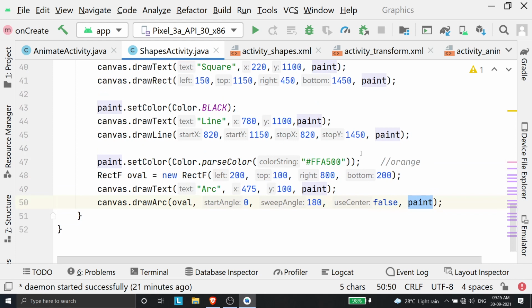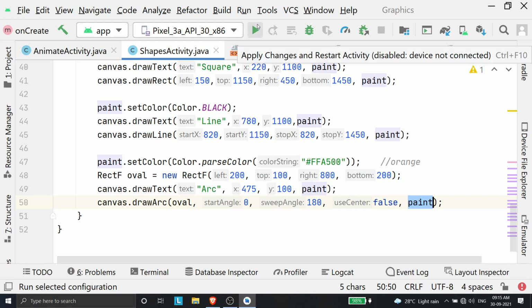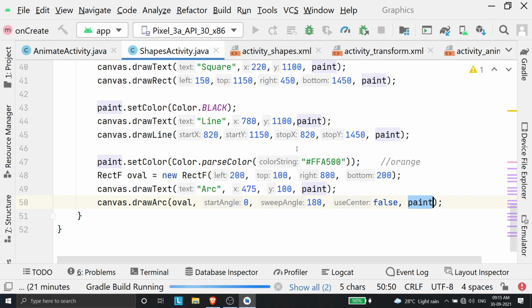So do you guys want to see the demo right now, or can we finish everything and then see the demo later? What do you want? Can we see this demonstration of these objects live, or should we see this later after I finish everything? Okay fine. Okay, it will take some time to run.